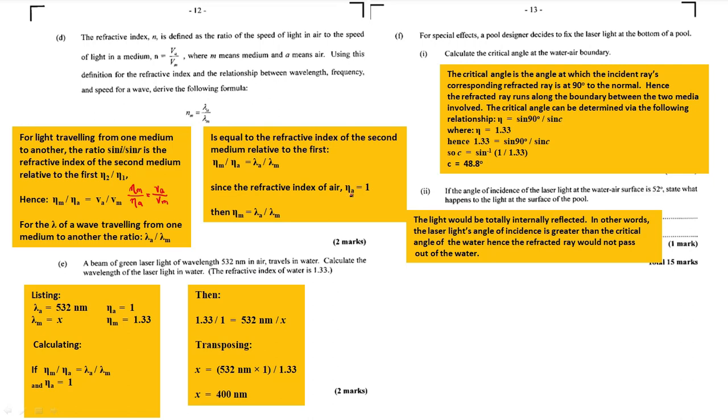So seeing as how the refractive index of air is equal to 1, we could get rid of it, and we see here that the refractive index of the medium would therefore equal the wavelength of the electromagnetic wave in air divided by the wavelength of the electromagnetic wave in the medium. Okay, so better written, we would say